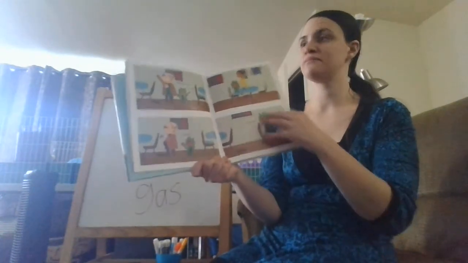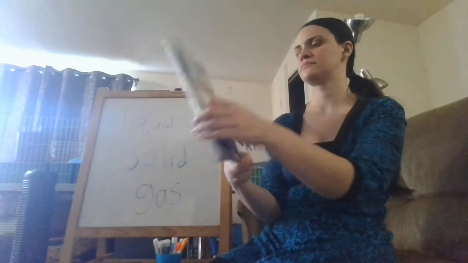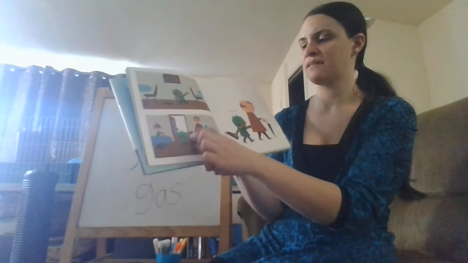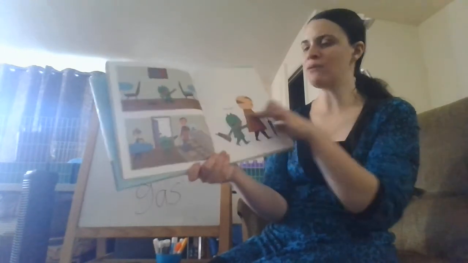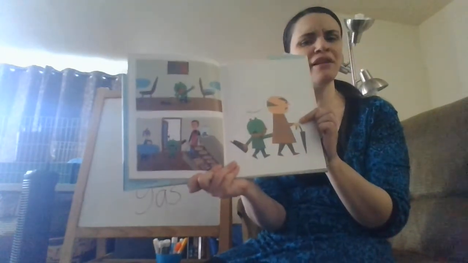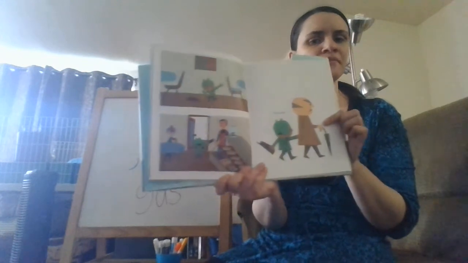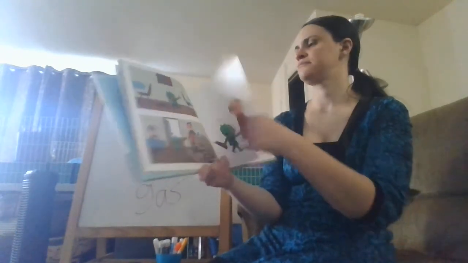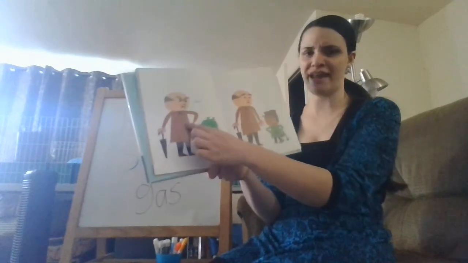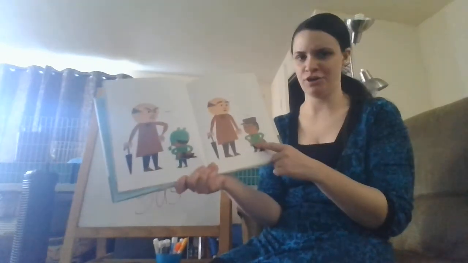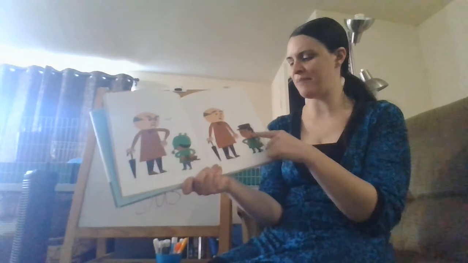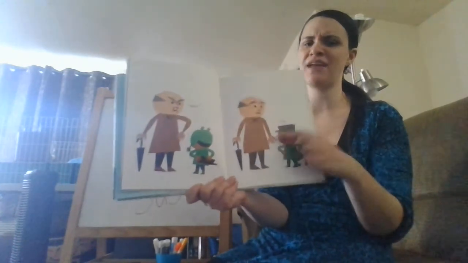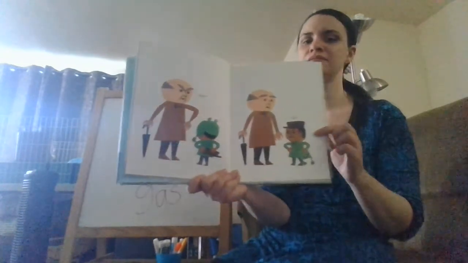Let's see. Look, he's picking up the hat. He's going outside. Hey, wait! So what did the little boy do? He's helping the old man, right, by giving his hat back. You again! You. So look, the little boy's copying him by being grumpy. I wonder what the older guy thinks of that, right? Him being so grumpy.